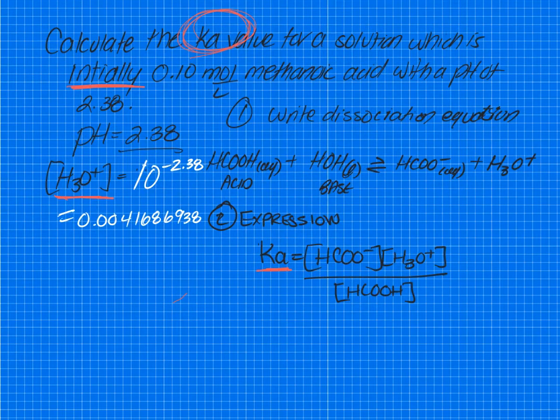Okay, that means that this is the number that goes here, but it's also the number that goes here, because remember that if they're to the same coefficient and they're on the same side, that means they would have exactly the same number of moles, therefore the same concentration too. So we'll put that number in there, and I'm just going to write 6 and then dot dot dot for the rest of it, and then